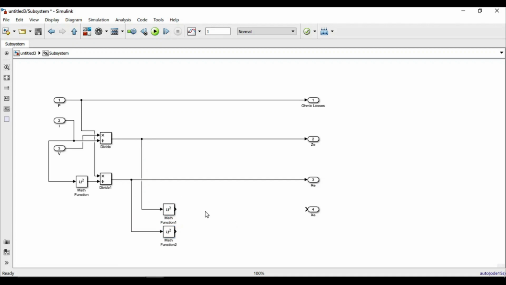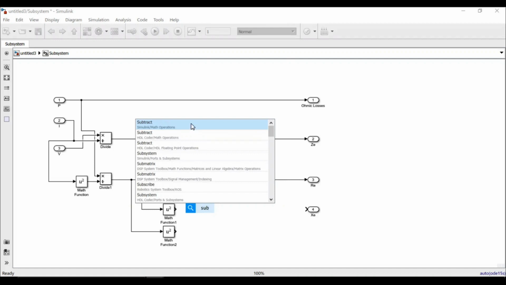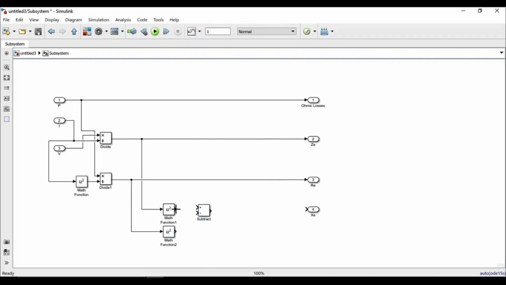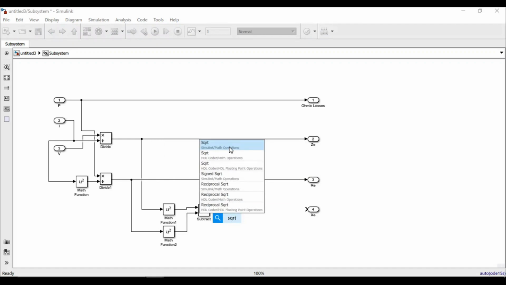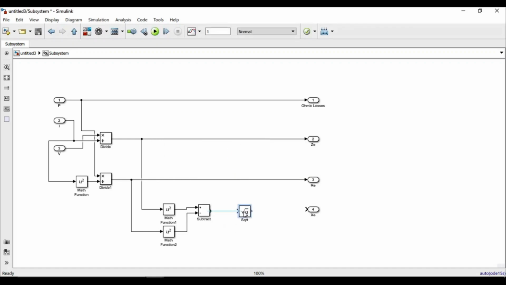So I need to subtract these two, so I'll use a subtract block. So this will be ZE square minus RE square. And finally, I need to use a square root function, so I'll type in SQRT. This will give me a square root block, and this will take the square root of these values. And finally, this will give me the net reactance. So this is my subsystem and it's complete, I believe.